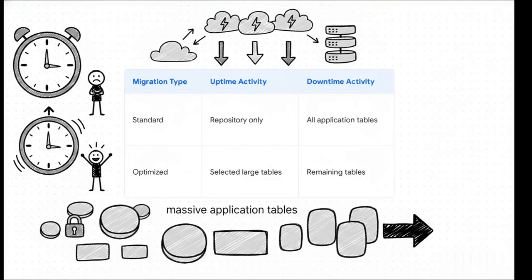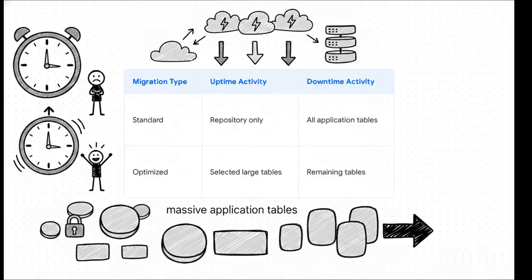Section 3, Standard versus Downtime Optimized DMO. Okay, so this right here is a massive game changer. By choosing the downtime optimized approach, you can actually migrate massive, non-critical application tables while the business is still online. In a standard DMO, only the repository is updated during uptime. That leaves all the heavy, massive application tables to be migrated when the system is offline,